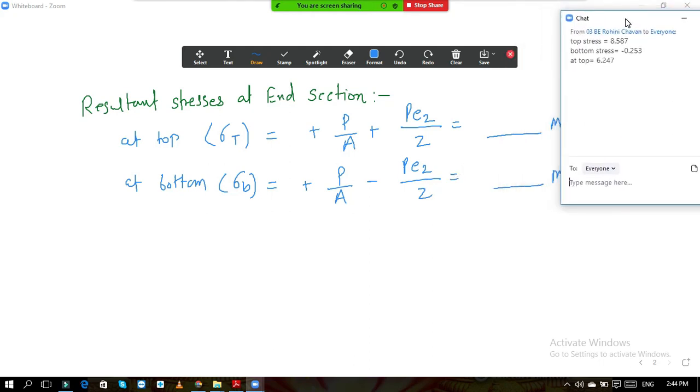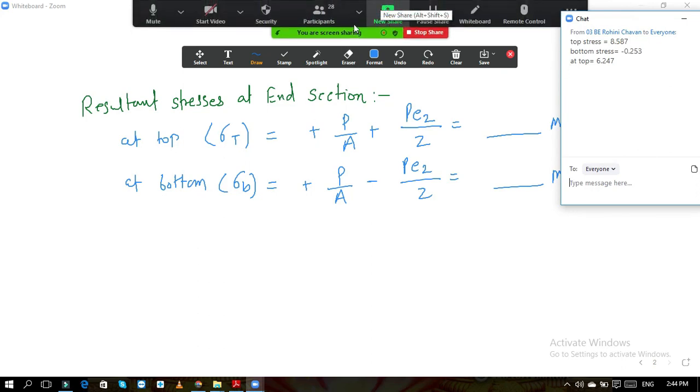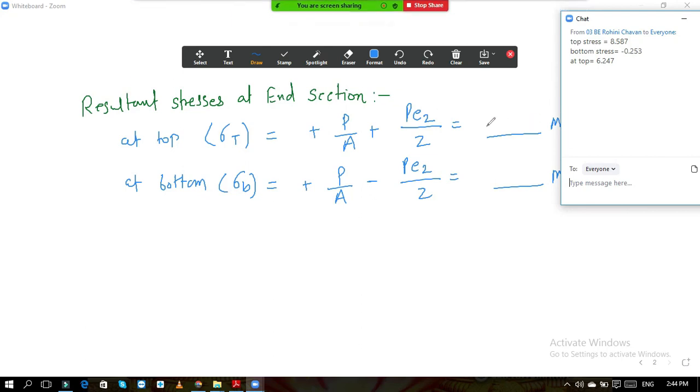At top it is 6.24. At top it is 6.24. And at bottom,